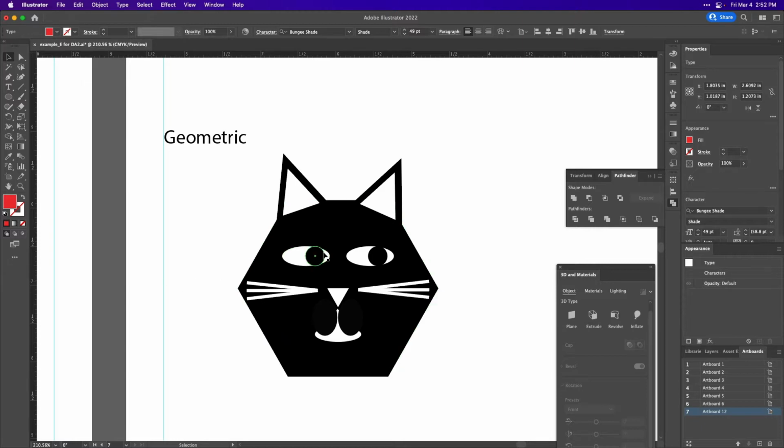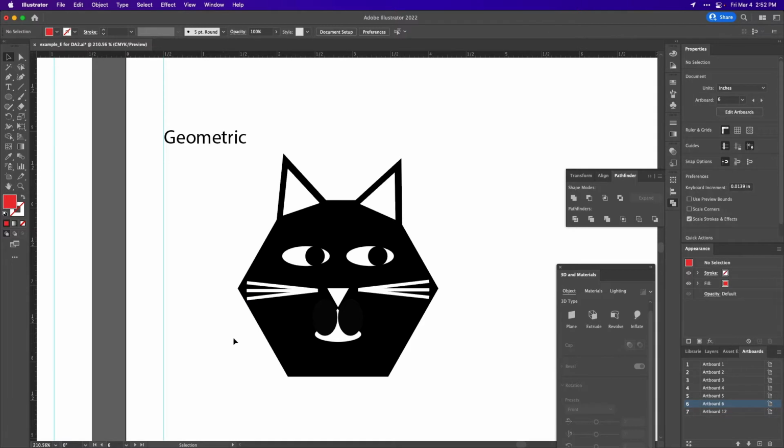To start out, you'll notice that I have a lot of different shapes here. A lot of parts make up single elements of the cat's face. So I want to simplify this a little bit before we begin. I'll start with the whiskers, and what I'm actually going to do